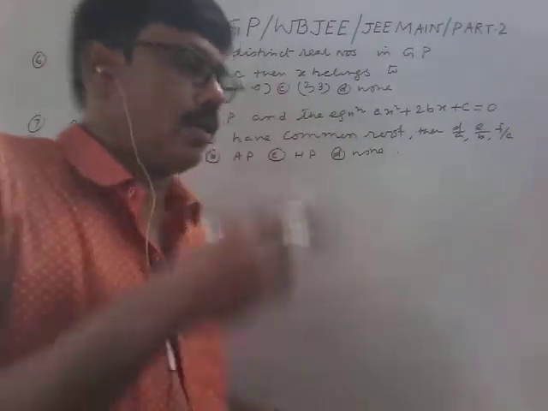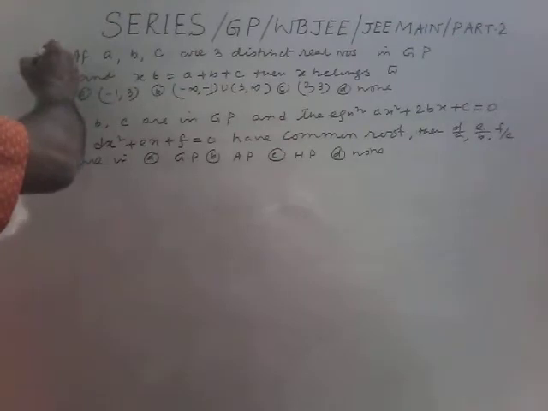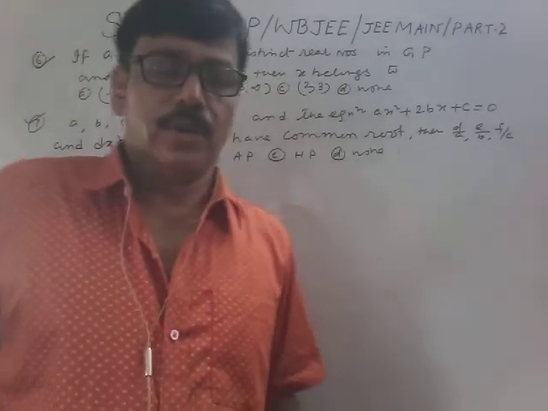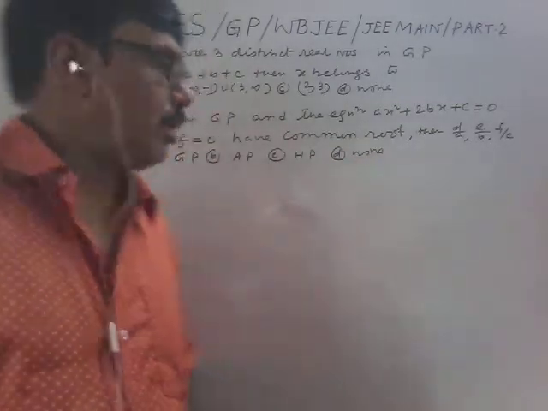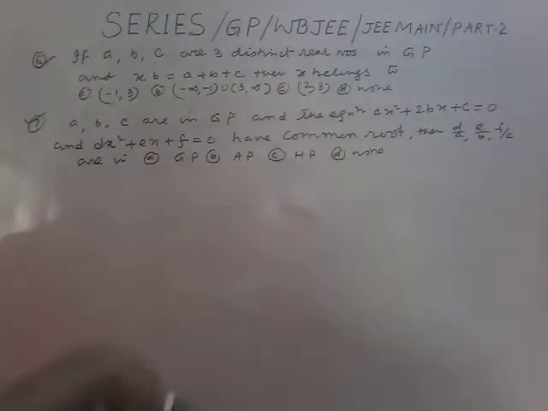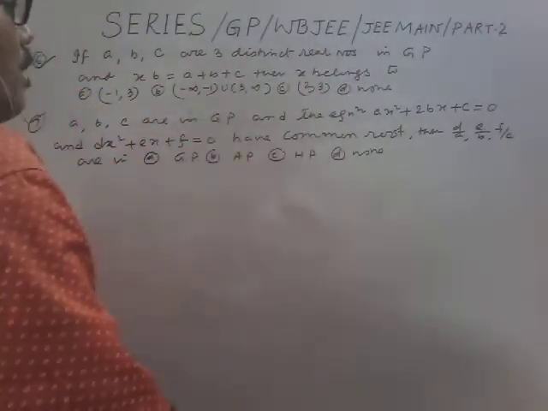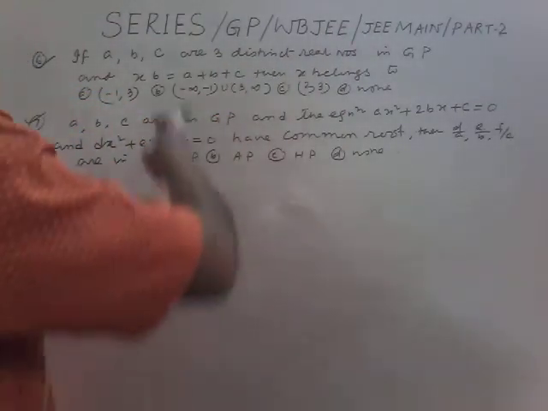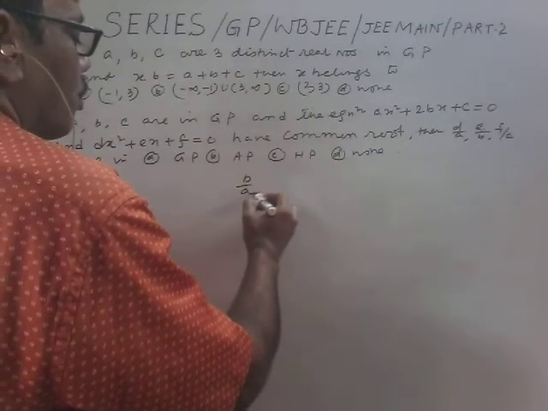Now we try to solve problem number 6 and 7. So these are problems of JEE Main and IIT also. So look, if A, B, C are 3 distinct real numbers in GP, therefore we get